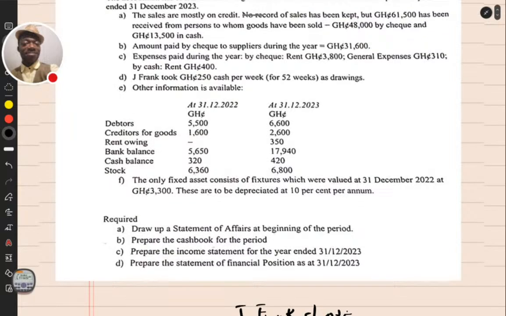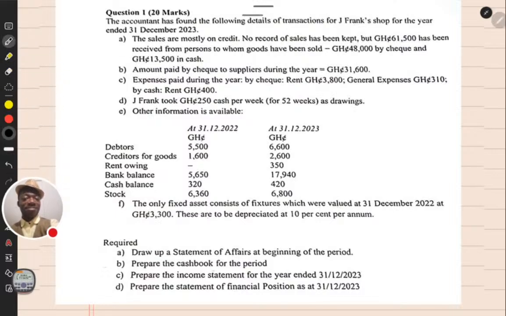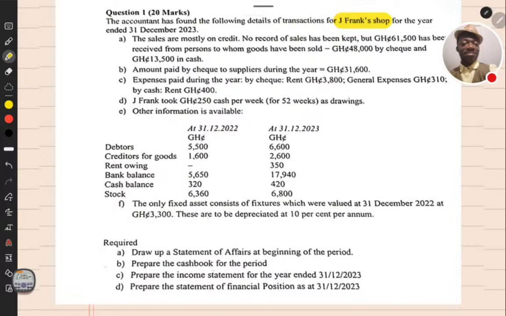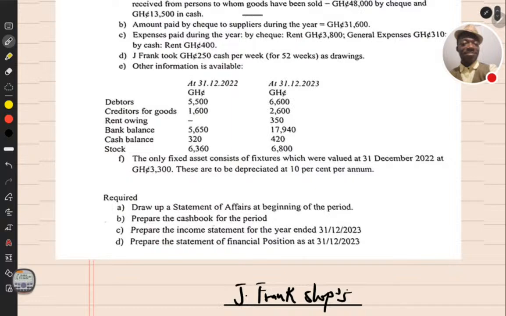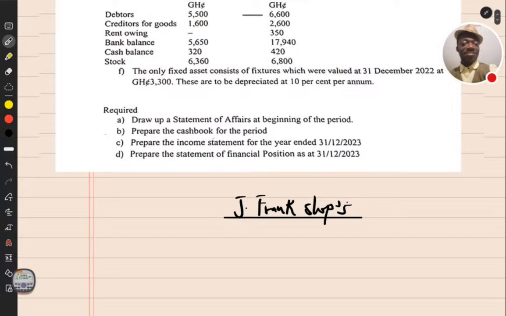As always, to start with any accounting topic, we need to come out with the name of the business. You can clearly see that the name of this organization was given as J. Frank Shop. So you have that written here as such. So we start with A,